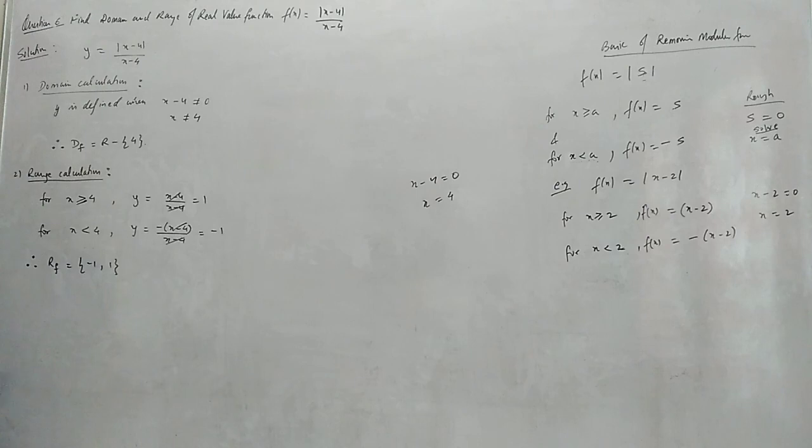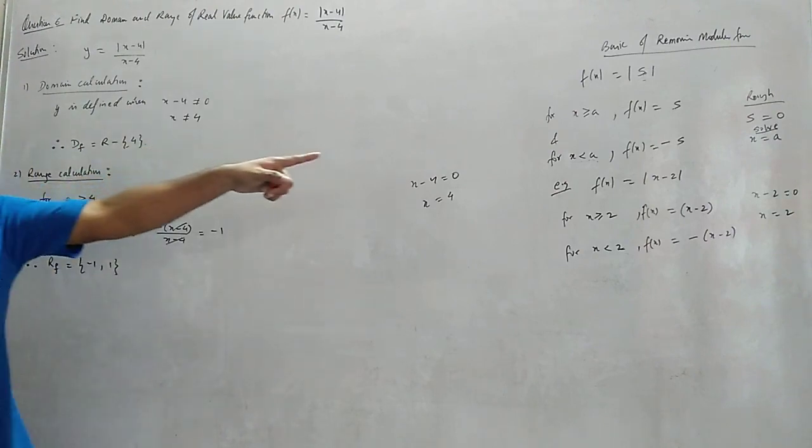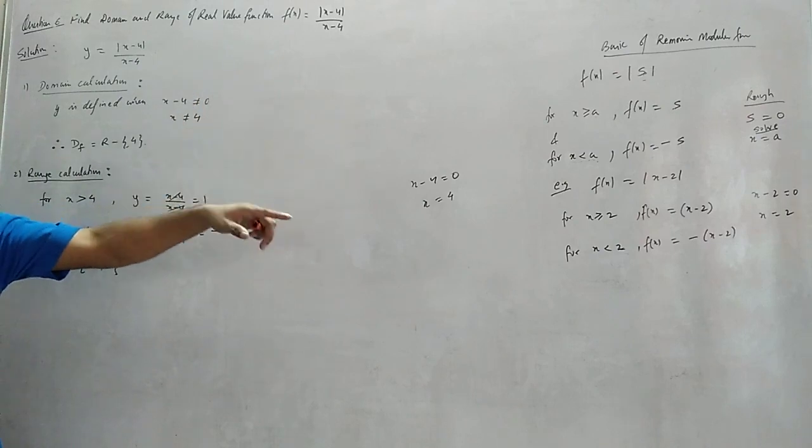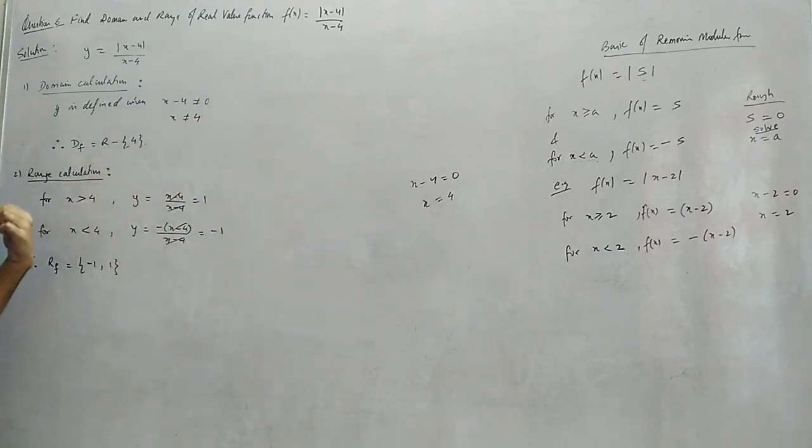Okay. Now we will not write equals to 4 in this question. Why? We write only greater than 4 and less than 4. Meaning I can take values greater than 4 and less than 4, because what is the domain? See, what is domain? Domain is x value. x cannot be 4, na? That's why I'm writing greater than 4, less than 4. You understand why I'm not writing equals to? That is the basics for changing the modulus function. That basic I use here, but I cannot use equals to 4 only in this question. Why? Because here x cannot be equal to 4.